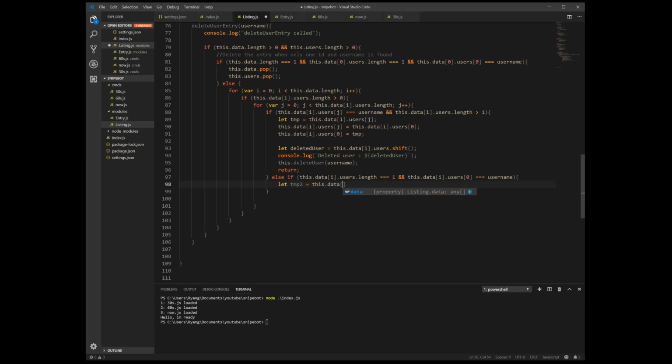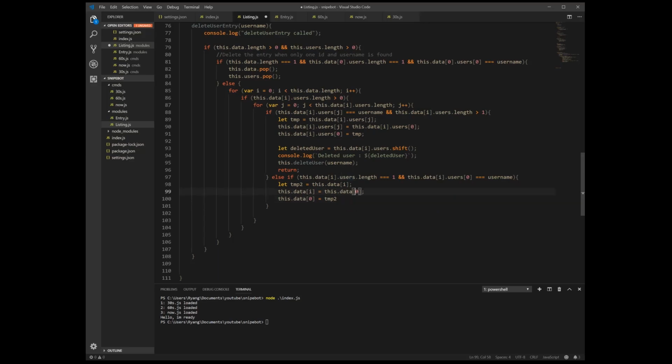So this is going to be equal to our data value of I, and then our this.data of I is going to be equal to this.data of 0. So we switch them, obviously, like we did everywhere else here. We take the very first value we put into our indexed value, and then in our very first value we put the temp value, which is our indexed value.